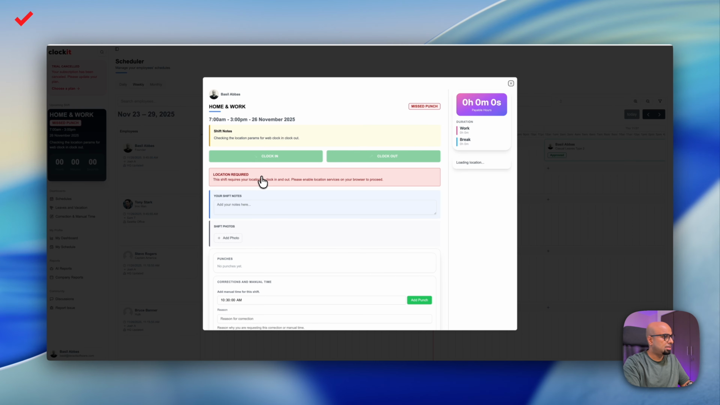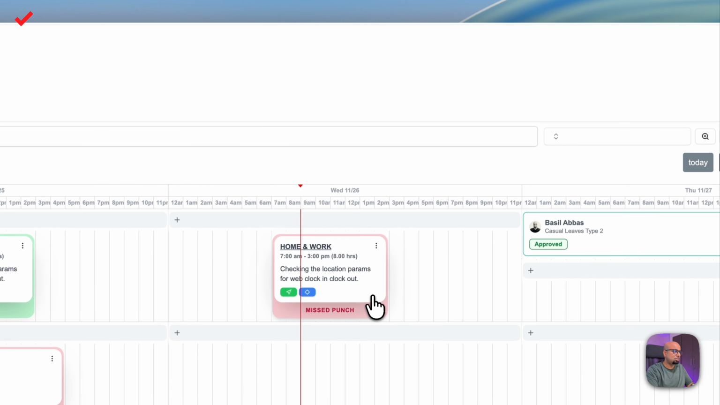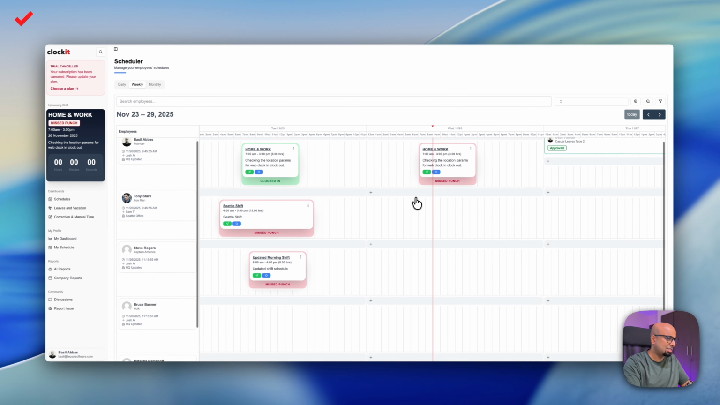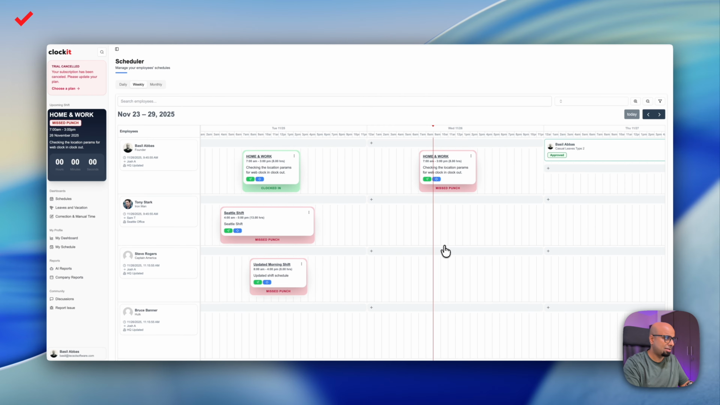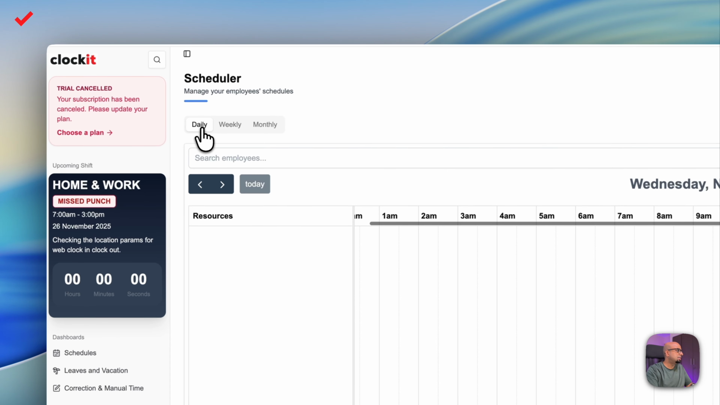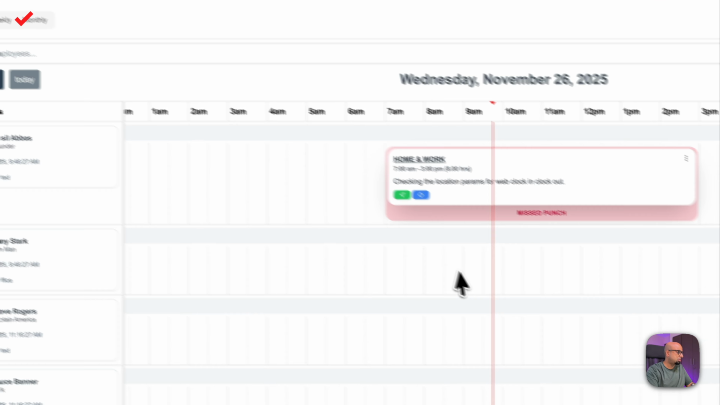This schedule is tied down to a location. So yes, we are bringing GPS locations to the web clock in and clock outs. And you can also additionally see the schedules for the rest of your users and how they pan out throughout the 2-week period. If you're interested in a daily view, you can just simply load the daily view